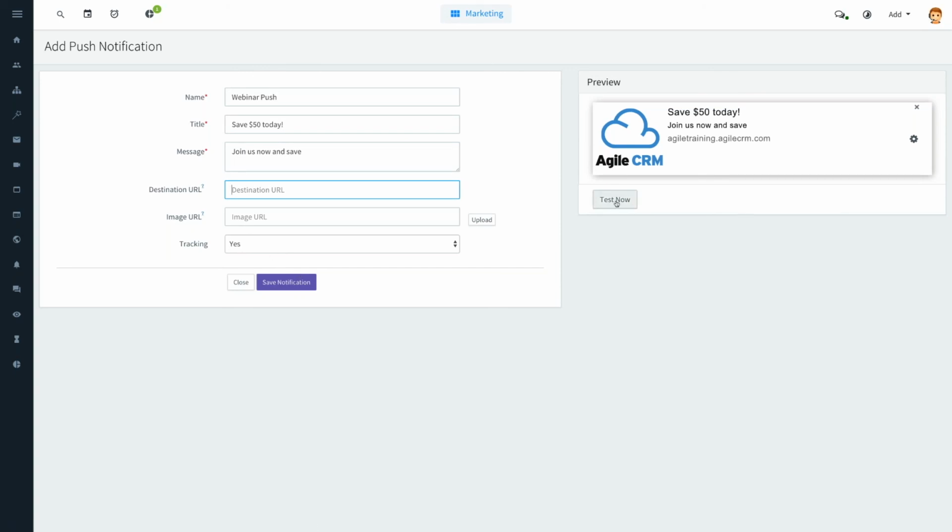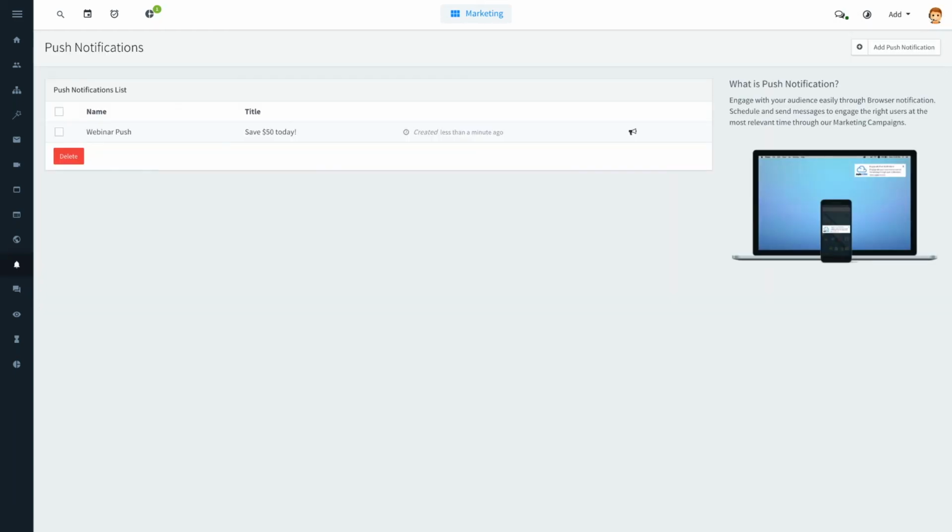So you click on the test and it will pop out on the side there, and you'll see exactly what they see up at the top right-hand corner there. So save the notification, and that's easy. Look at how easily you can create a push notification. So we'll take a look at our next stop,